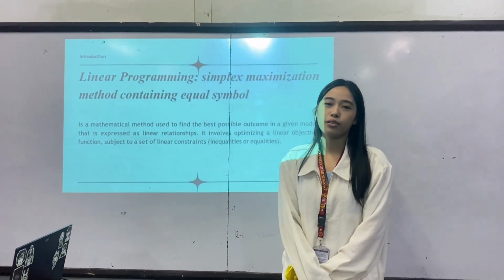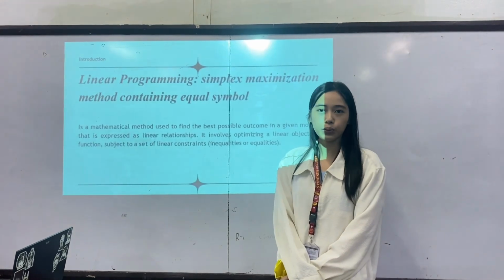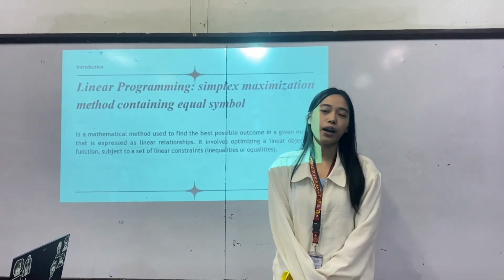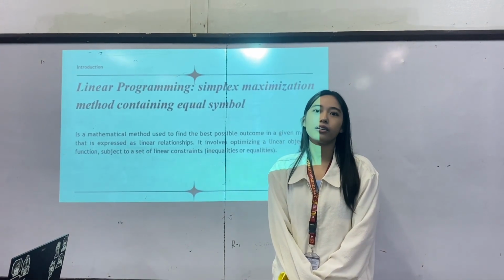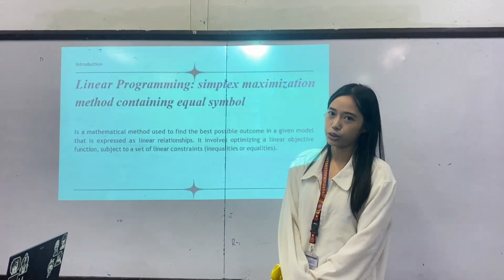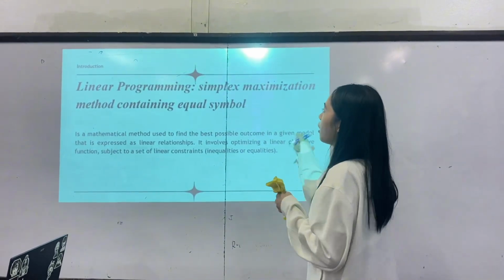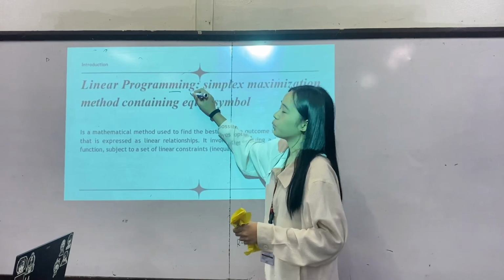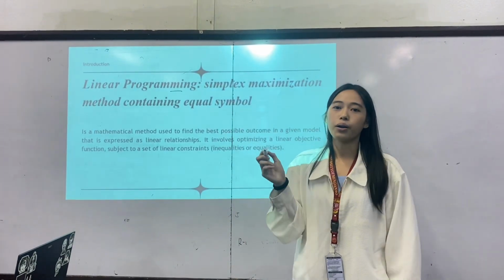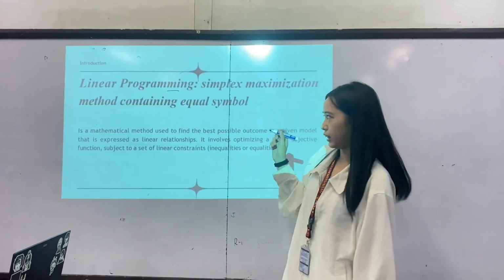Linear programming, or the term linear, refers to a relationship between two variables that connects each other, where the variables are directly proportional. Whereas programming refers to the planning of future activities. So,